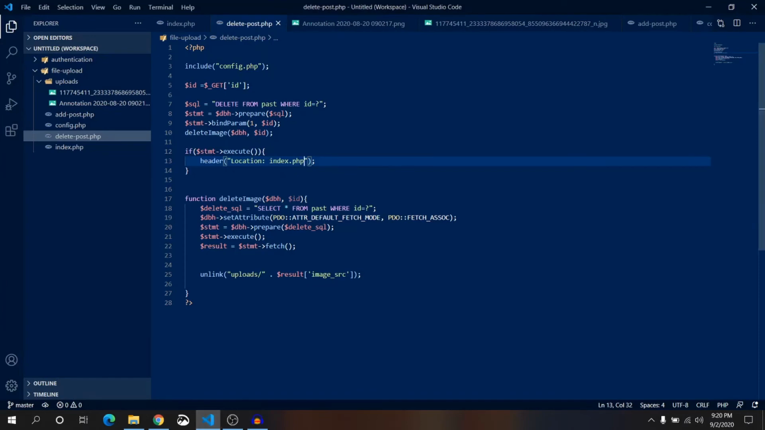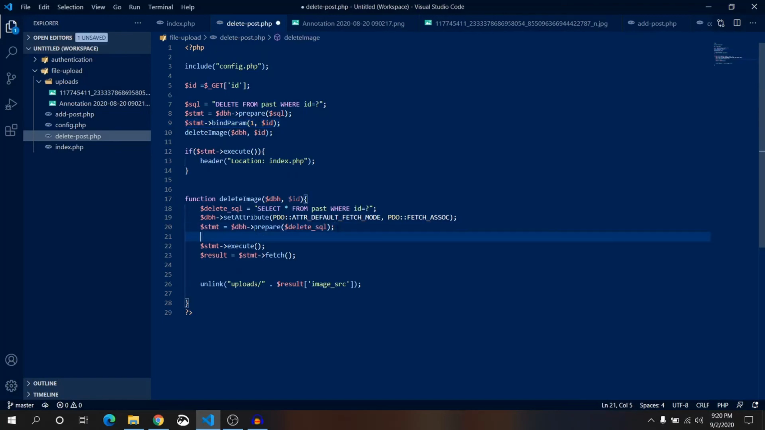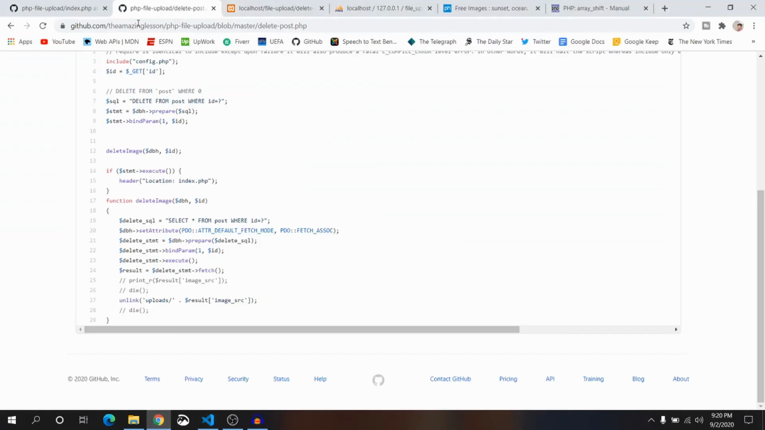Actually here I made a mistake. I haven't passed any bind parameter here. We need to bind it. Okay, save it once again,